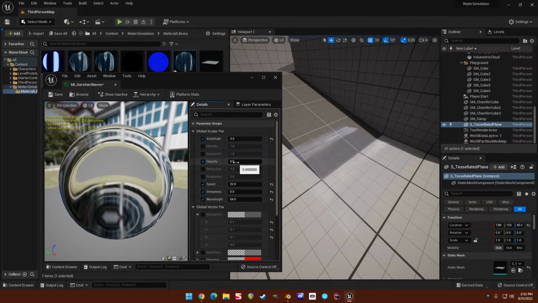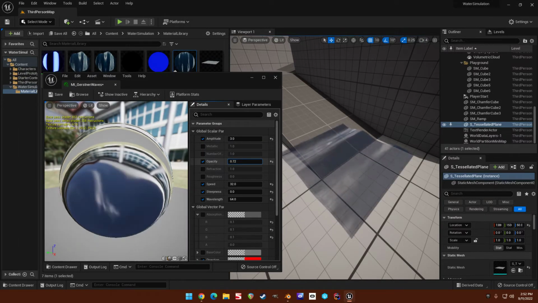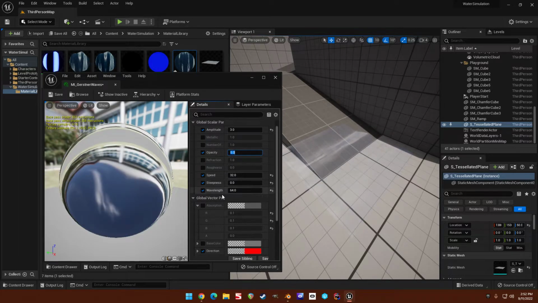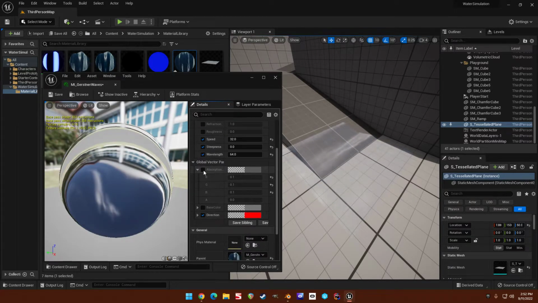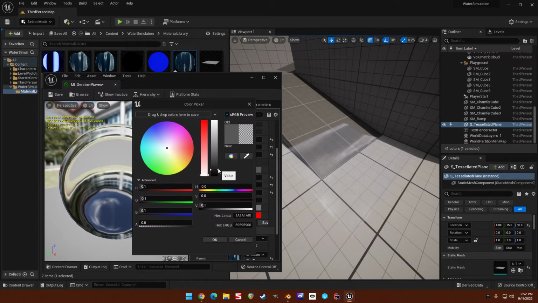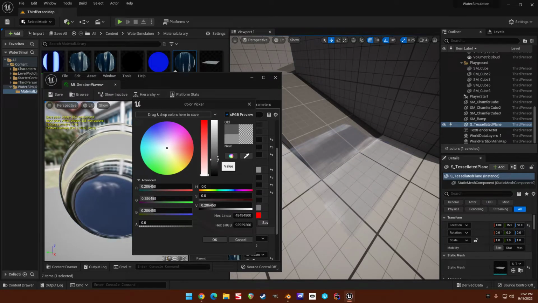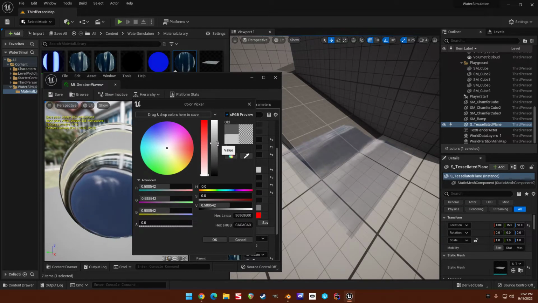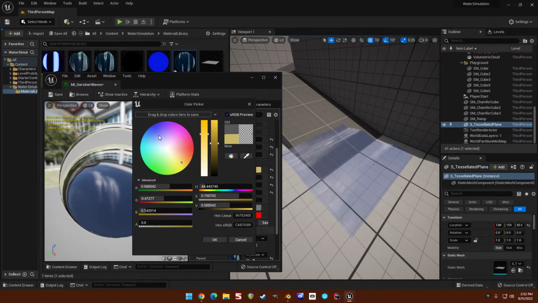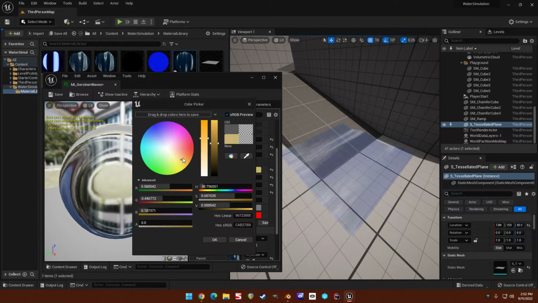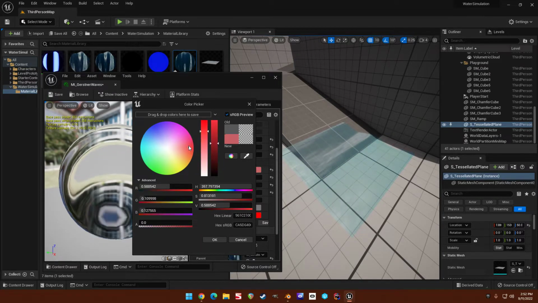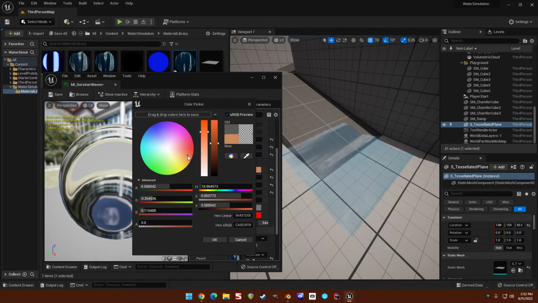you can adjust the opacity. And if you turn this up, you'll see more of the base color. That's what that does. So at 0, you don't see any base color. And if you change the absorption coefficients, you get more absorption as the light passes through. But you've got to remember, absorption is kind of like the opposite, right? Like it's absorbing the opposite of this color. So if I'm on this side, you're going to see blue, right? Like if I go over to red, you're going to see that lighter blue. Purple, you're going to see green. So go to the opposite side of the color wheel of what color you want to see,